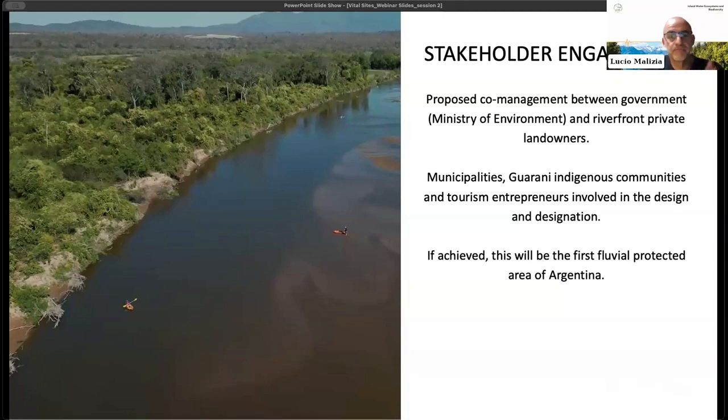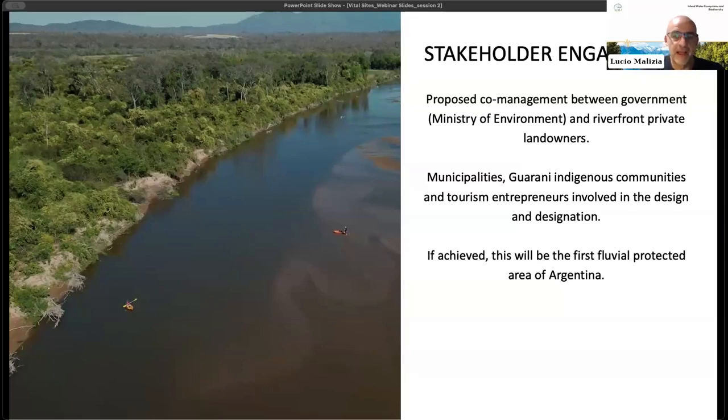I think that's perhaps a new way to see the protection of this river. I didn't mention, but this eventually will be the first protected river in Argentina that is specifically dedicated to a river. We have protected areas that include rivers, but we don't have rivers protected as the main focus of that protected